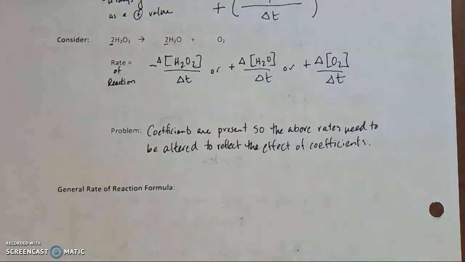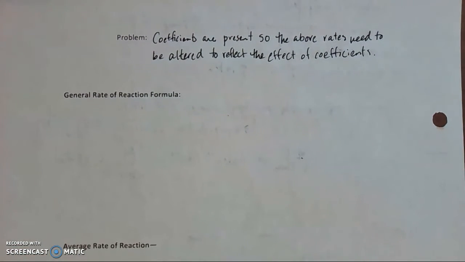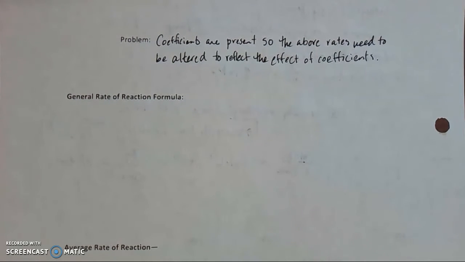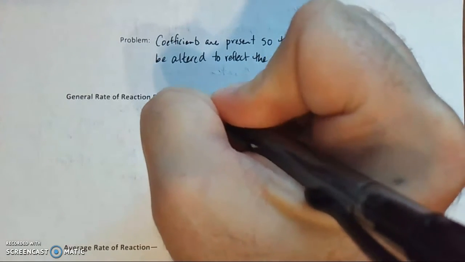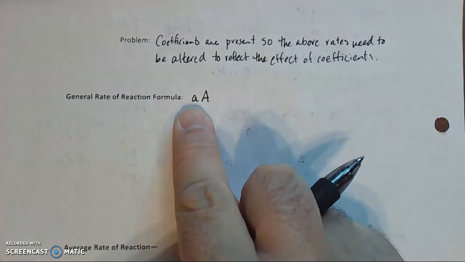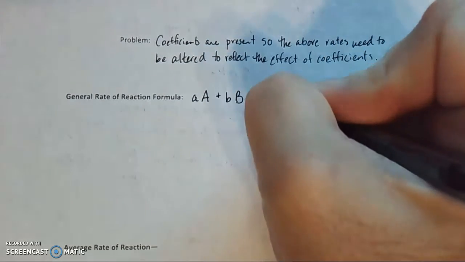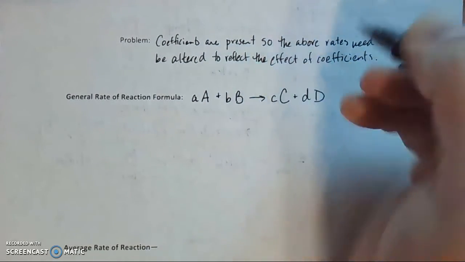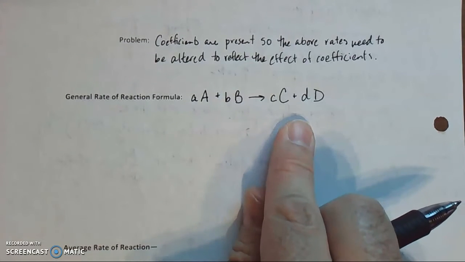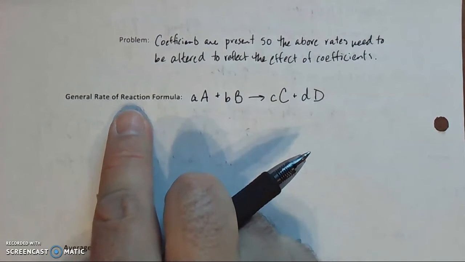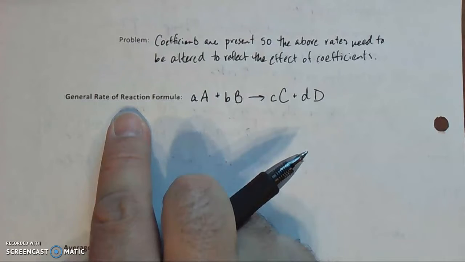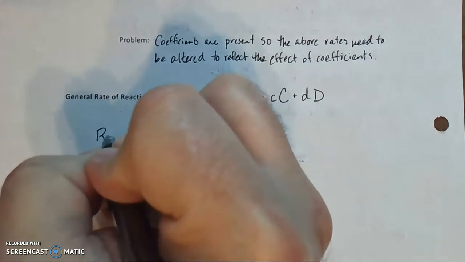So the way that we talk about that is something called the general rate of reaction formula. And I'm just going to give you a generic formula using letters, so without substances. So a little a and a capital A. So little a would be our coefficient in front of A, plus little b B yields little c C plus little d D. So we have 2 reactants and 2 products. If we want to calculate or use this, we have to have a general rate of reaction formula. So the rate of reaction,